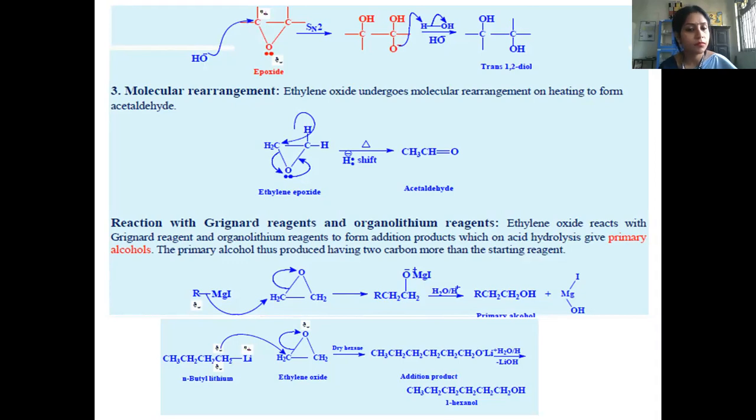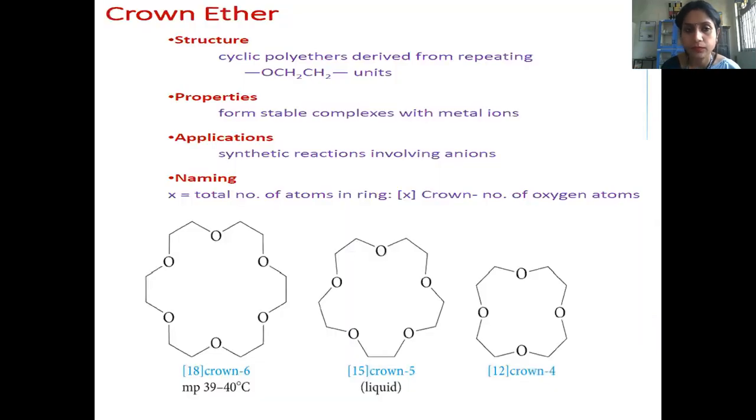So the mechanism is very much similar. There is a carbon-oxygen bond. We know that oxygen is slightly negatively charged, carbon is slightly positively charged. If we see the Grignard's reagent, it is RMgX. So the MgX part is positive and the alkyl group is negative. The negative alkyl group will go to the carbon atom, and the MgX part will go to the oxygen atom. Further, it gets hydrolyzed, and this intermediate is the addition product. This addition product gets hydrolyzed and forms primary alcohol. Similar is the reaction with organolithium compounds also.